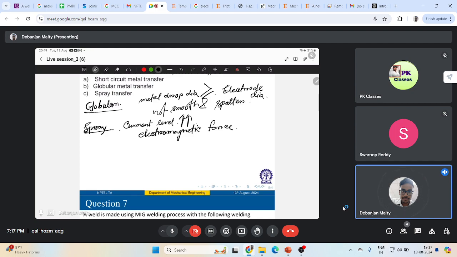So under some influence of electromagnetic force, it will discretize your metal drops. If it was globular or the shape was something like this, it will discretize the metal drops in small droplets, right? And the current will be much higher than what we see for globular transfer. So over here, the current for spray transfer is much higher than the current for